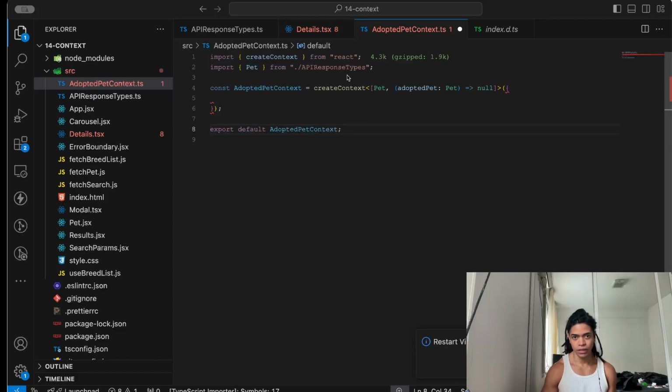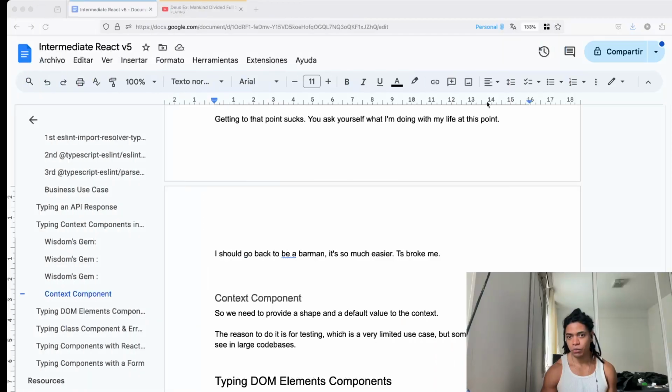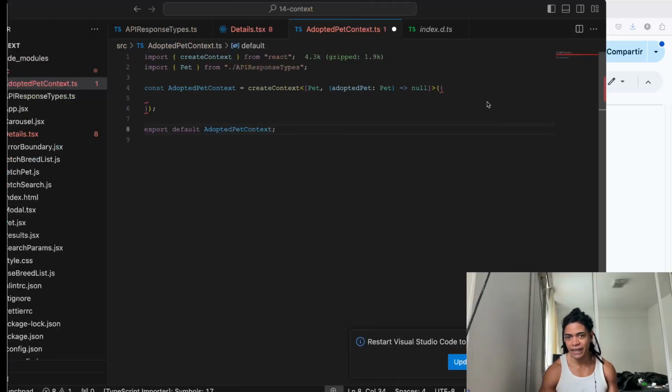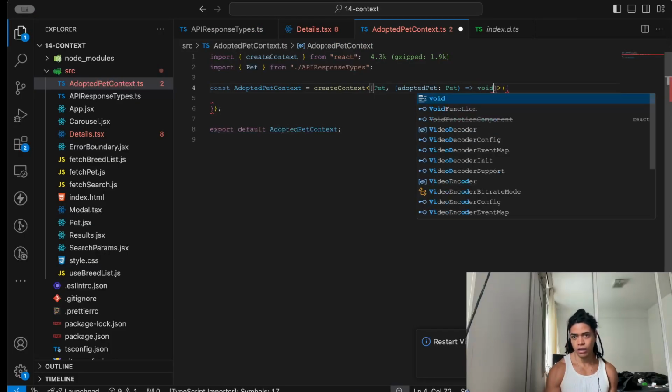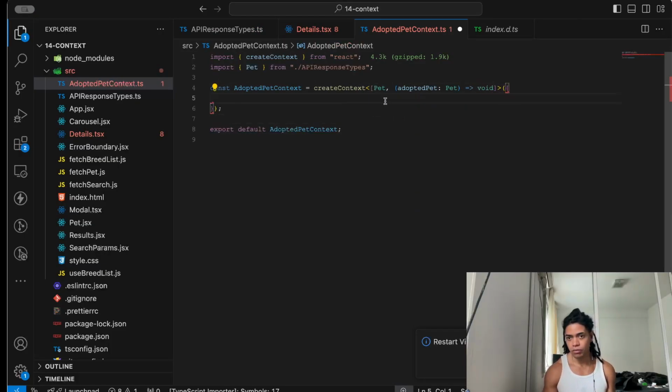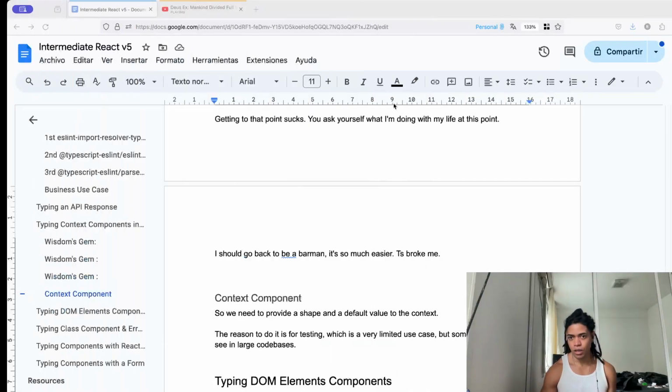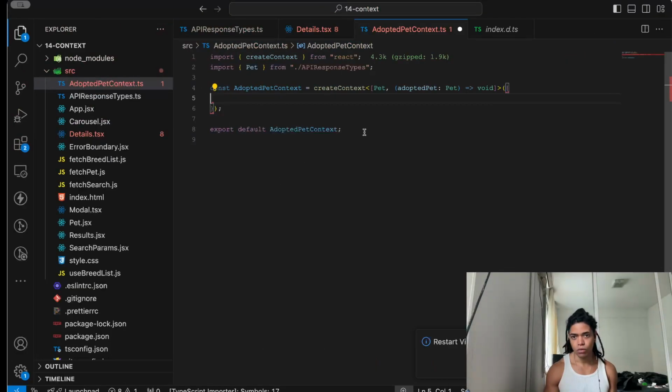Makes quite some sense here, but in our case we specify that that is a function here. It doesn't return anything. What we need to specify is the shape of this. Useful for testing, and you're going to see that in large code bases. In the case of this, for our case, because we define this as it is,